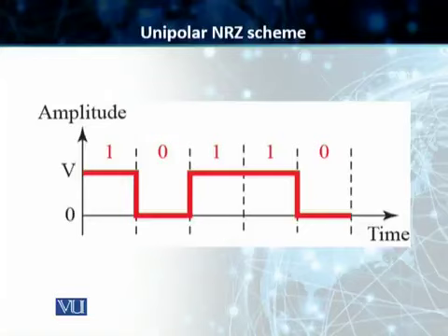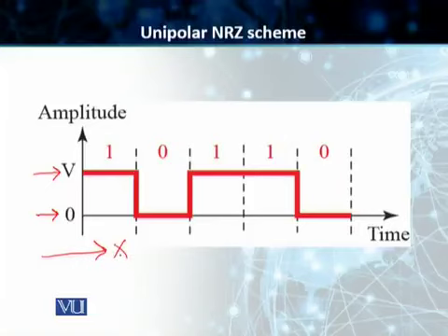Students, as you can see on the slide, in this line coding technique, all the signal levels are on one side of the time axis. As you can see, the signal levels are either above or below this time axis. In this particular case, we have got 2 levels. We've got a level V, and then we have got a level 0. There are no voltage levels that are below this